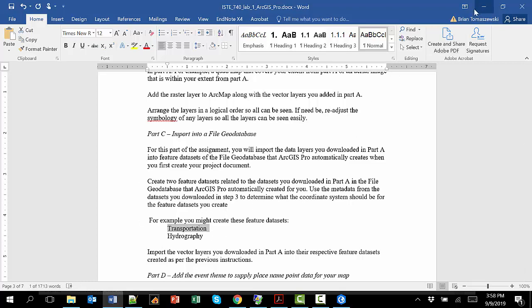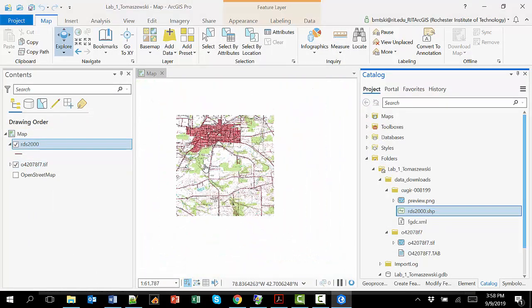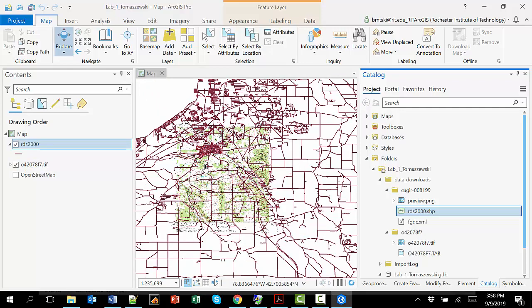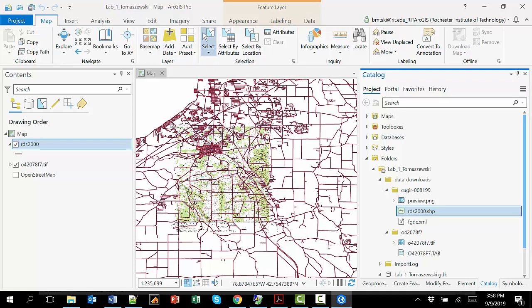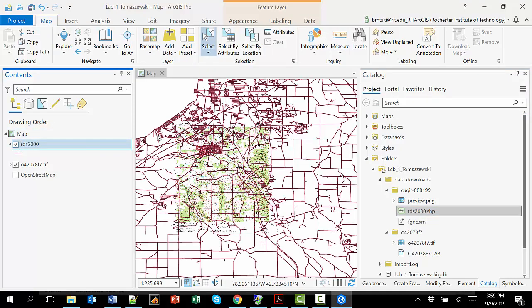And let me show you a little trick of the trade I might do now. Again, this roads is a really big data set that I don't need all of it. So what I can do is use my quad as a general guideline, and check this out. So what I'm going to do is go over here under map, select a rectangle. I'm going to draw approximately the extent of that image there. So if I do something like this, where I just draw a box like that,